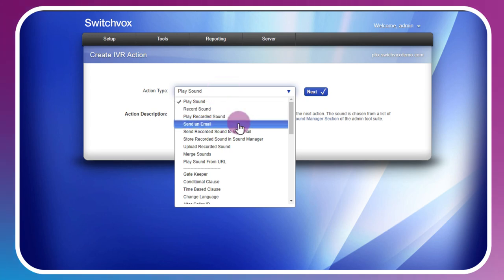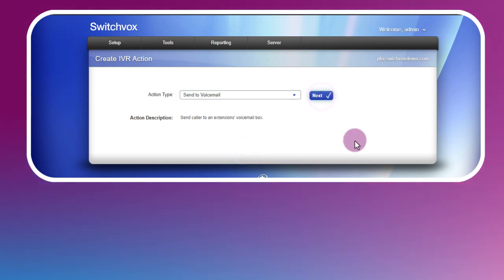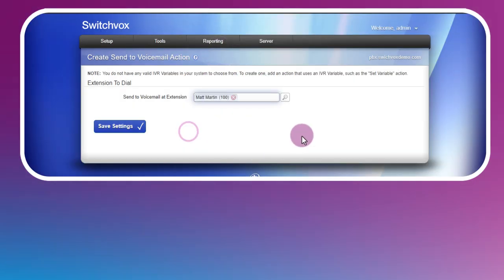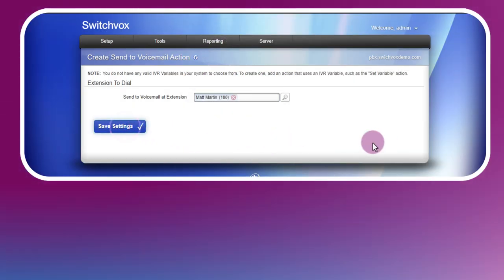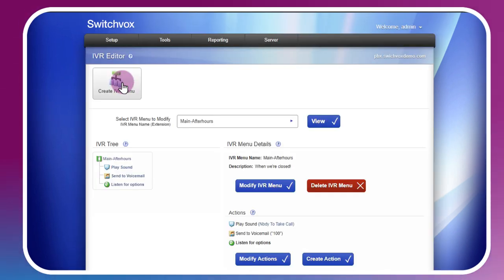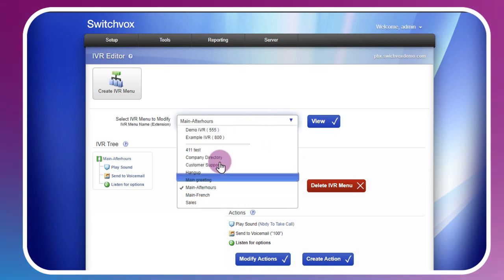So we'll create another action, which is send to voicemail. And we'll choose the mailbox. Let's say 100 is our reception or general mailbox. And now we've completed our after hours IVR menu for the English side. Again, you can do this for the other language side or the sub IVR as needed. Now we're ready to configure the last components of the IVR call flow, starting with the sales queue menu, which was option 1 from the main English menu, our demo IVR here.